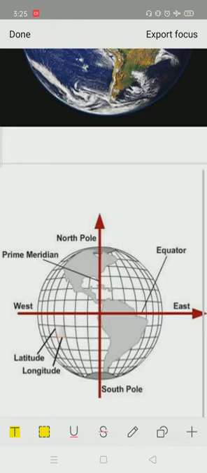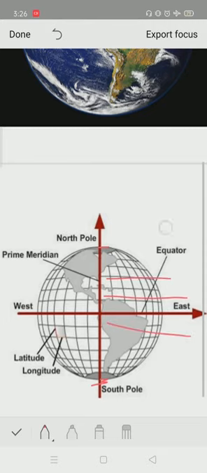So the horizontal lines will be latitudes, and the other lines, straight lines that are coming down, they will be longitudes. Now see, they're starting from North Pole and they're going down all the way to South Pole. This is east direction, so anything towards this side will be east, 1 degree east, 2 degree east, and this side will be west, so 1 degree west. So how many meridians do you think you will have that way? You will have 180 meridians in total, right?